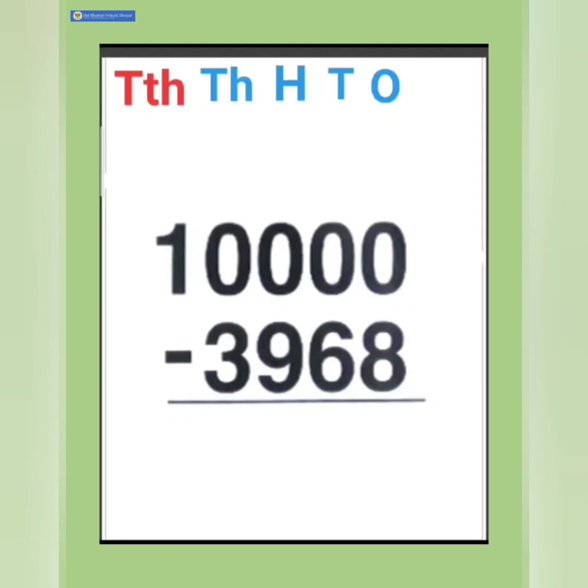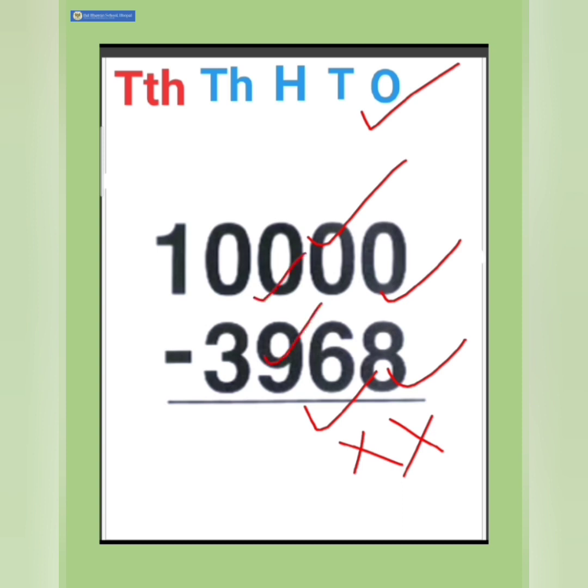Let us see how we are going to subtract. Look at the ones column. We have to take away 8 from 0, not possible. 6 from 0, not possible. Taking away 9 from a 0, it is again not possible. Taking away 3 from a 0, it is again not possible to take away any bigger number other than 0 itself from a 0. So we have to borrow in such cases.